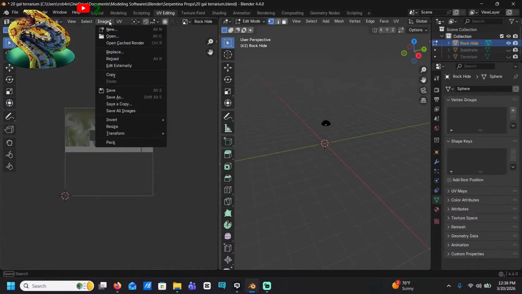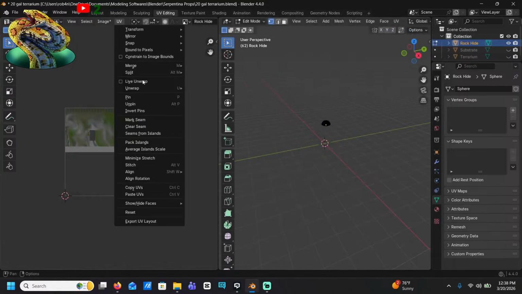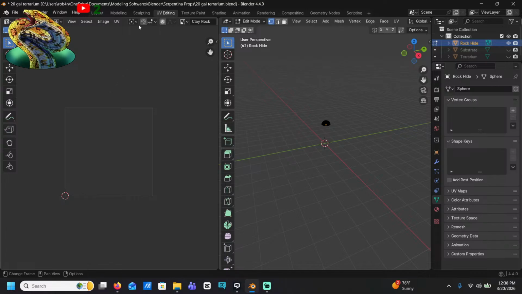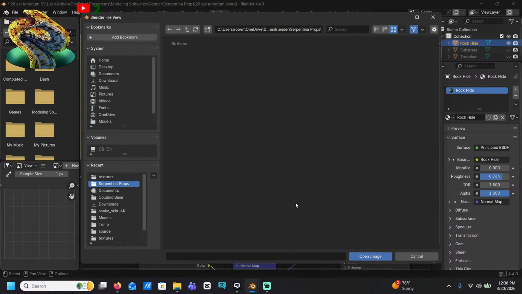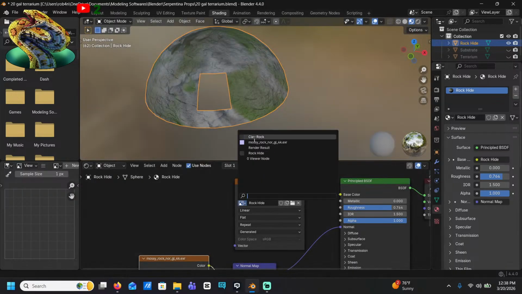UV editing, image, wrong thing. Play rock. Okay. Go shading. There we go.